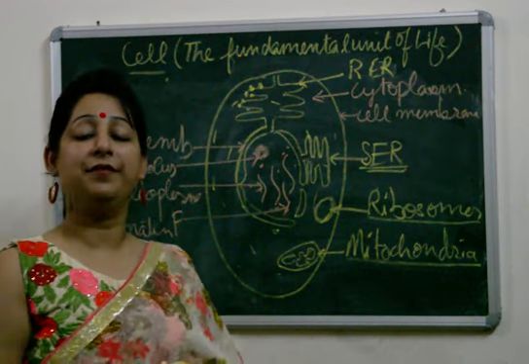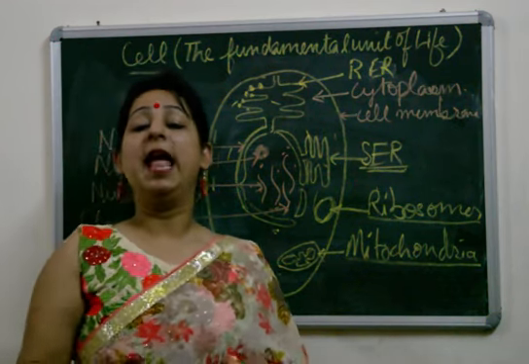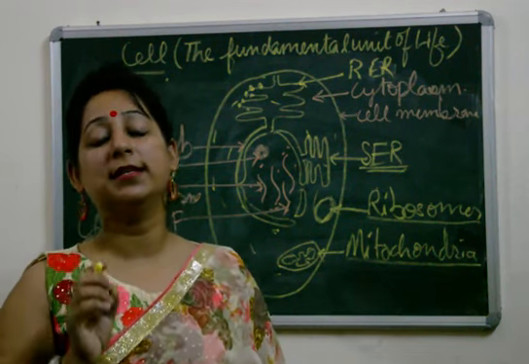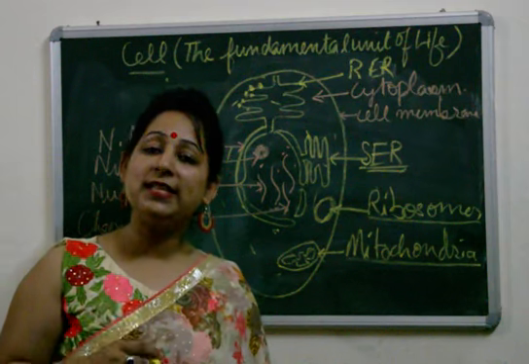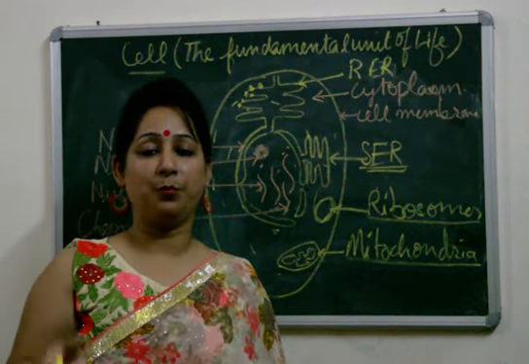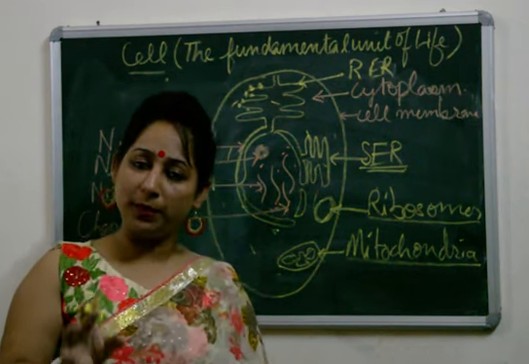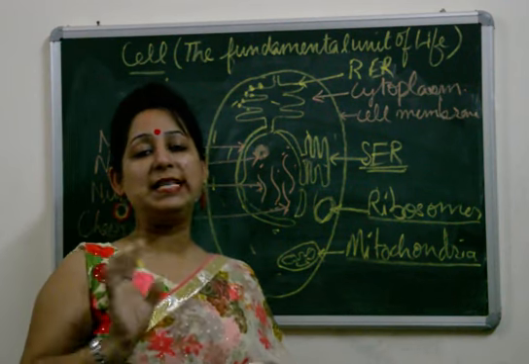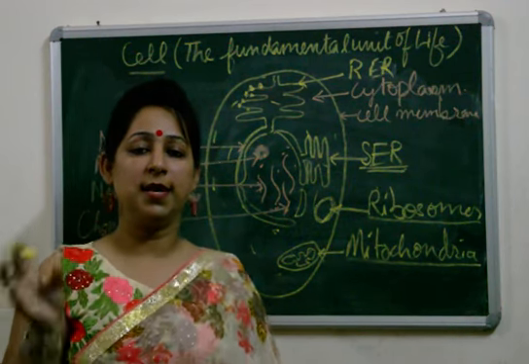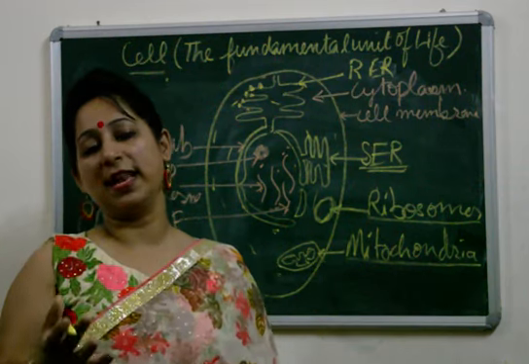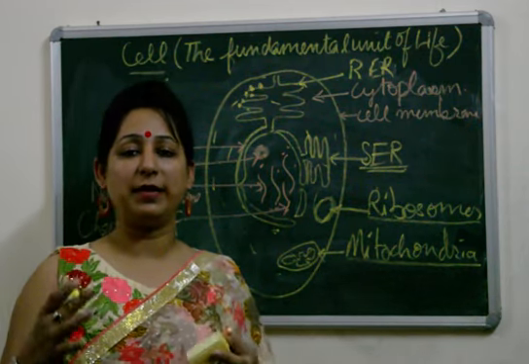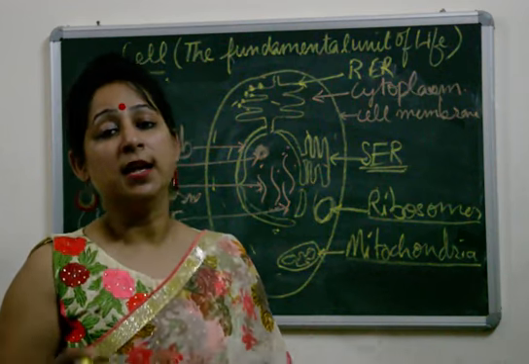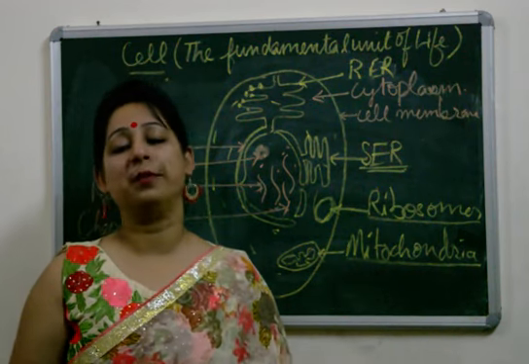Ribosomes are a very important cell organelle and play a very major role in the synthesis of protein. Synthesis means formation. Proteins are formed by the ribosomes. These ribosomes are the protein factories. They produce proteins for the cell, and proteins, as we all know, are the building blocks of life. All our body basically is made up of proteins. So ribosomes play a very important role.